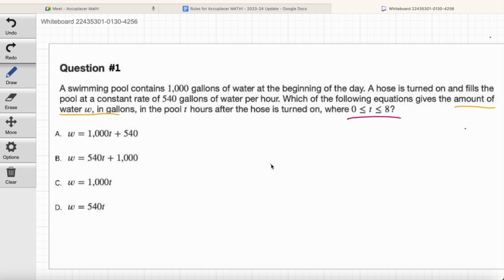Does that question make some sense? Yes. Okay, good. And we know, of course, here t has got to be greater than or equal to 0 and less than or equal to 8. That doesn't play a huge role here in this question, but